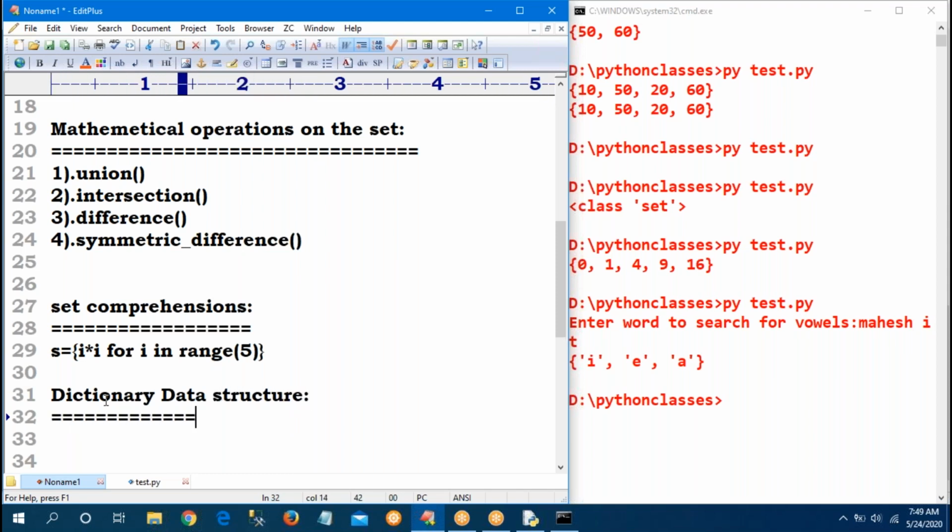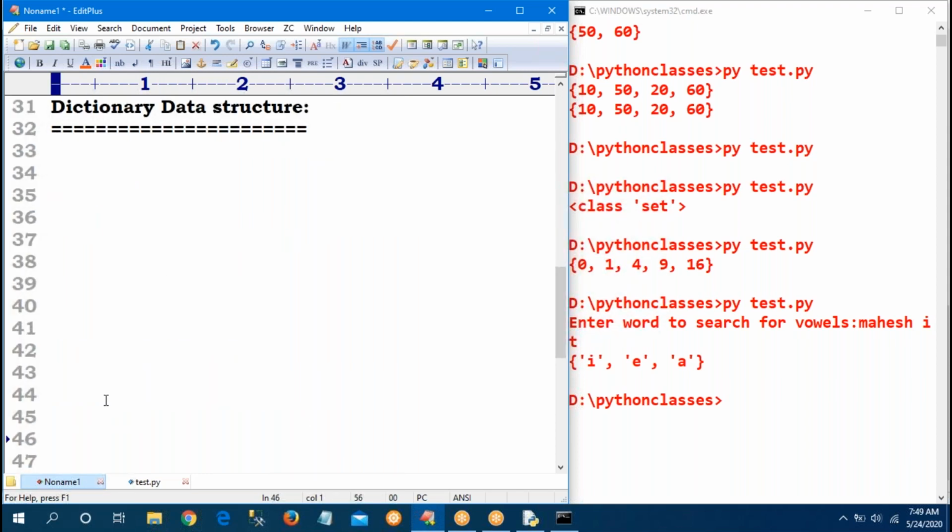Dictionary data structure. So what is the dictionary? Sir, list, tuple, and set represent a group of individual objects as a single entity. But what does a dictionary mean? I want to represent a group of objects like key value pairs.